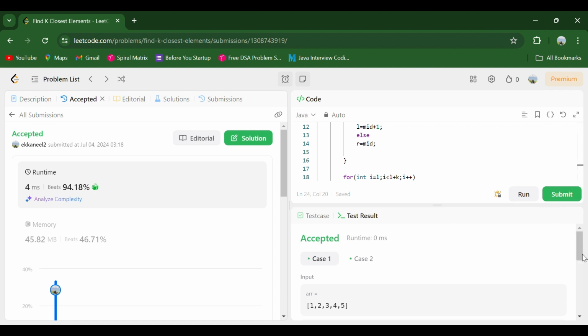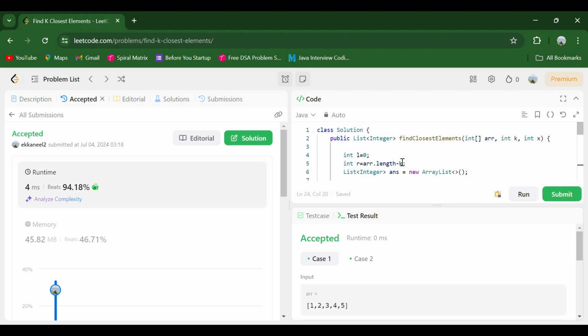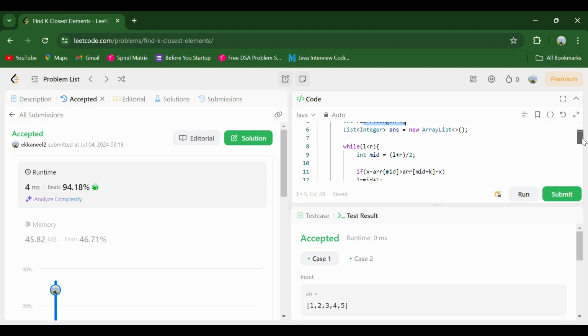And before I forget, the time complexity for this is O of log of n minus k, because this n minus k is what we are considering in the time complexity, and the space complexity is O of k because we are just filling the number of elements that is mentioned in the window. Okay,